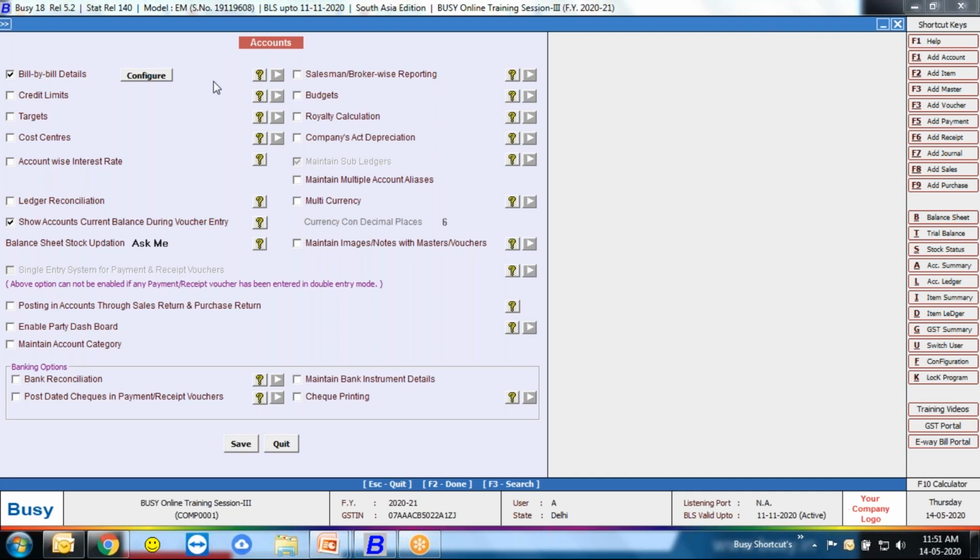So the first option is bill by bill details. What is the meaning of bill by bill and what is the concept of the feature?